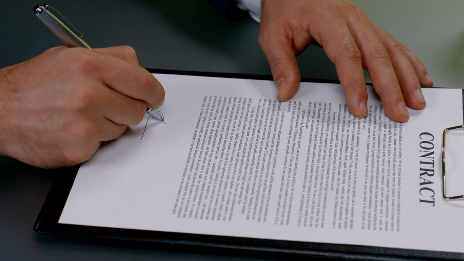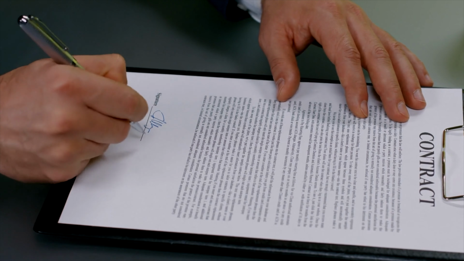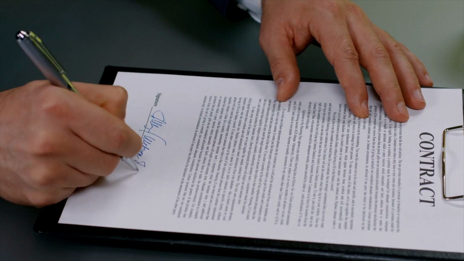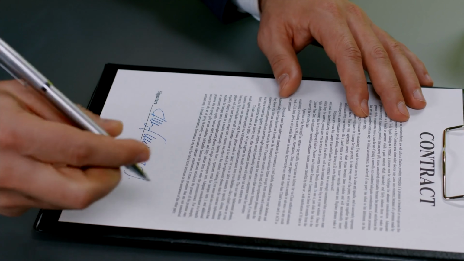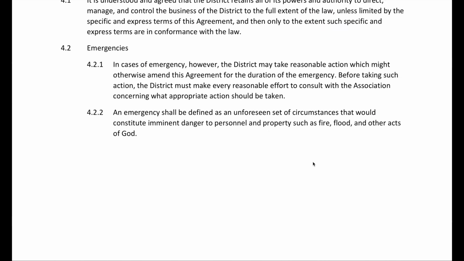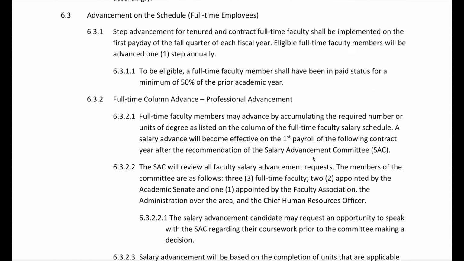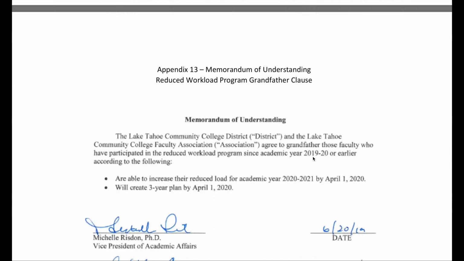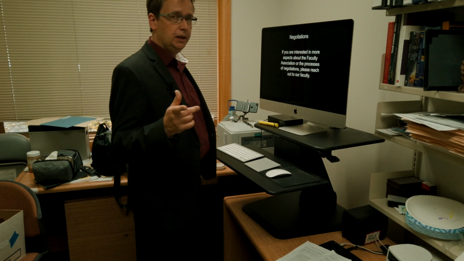by. Everything from the hours that we work, how much time we have to spend in office hours, how many in-service days we have, what our salary is, what our health benefits are like, what stipends are like if you run a department or if you're an advisor or if you run the student senate as a faculty advisor. So much happens in the faculty contract, and it's likely, if you haven't had an issue, and most of us haven't in the district, of a dispute nature with the contract, you maybe haven't delved into it. So that's why I wanted to do this short video to just give you a sense of how to find it and get some information.